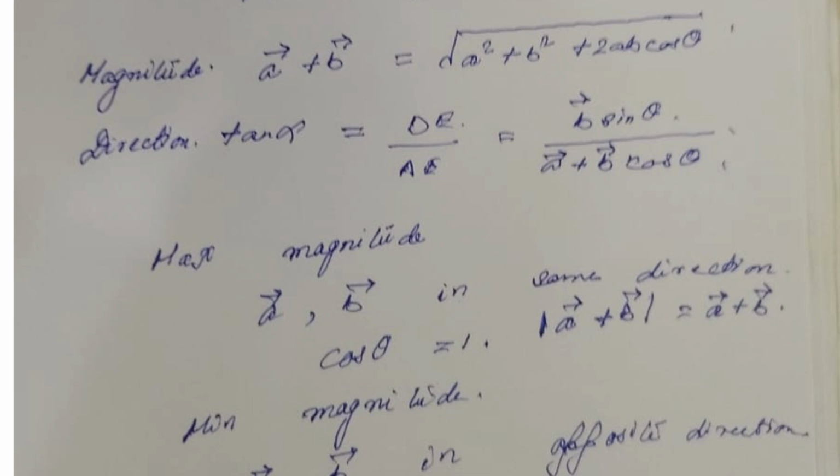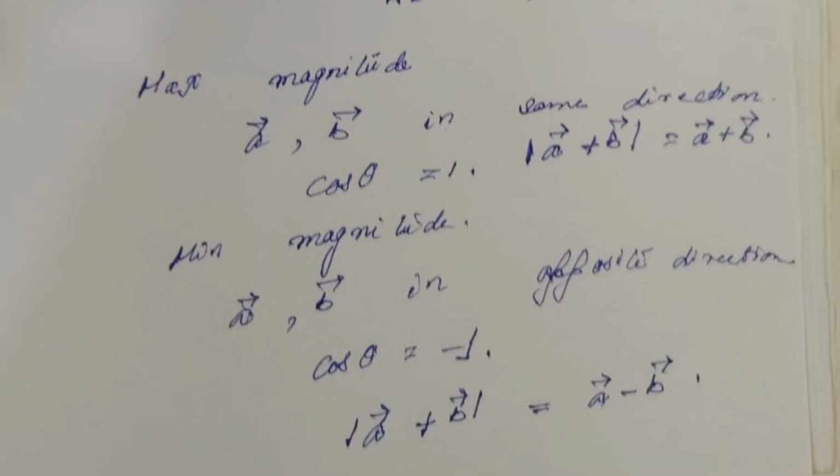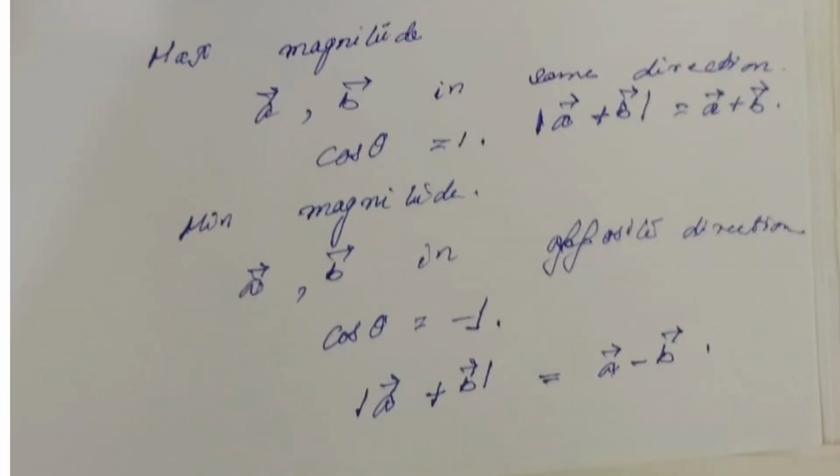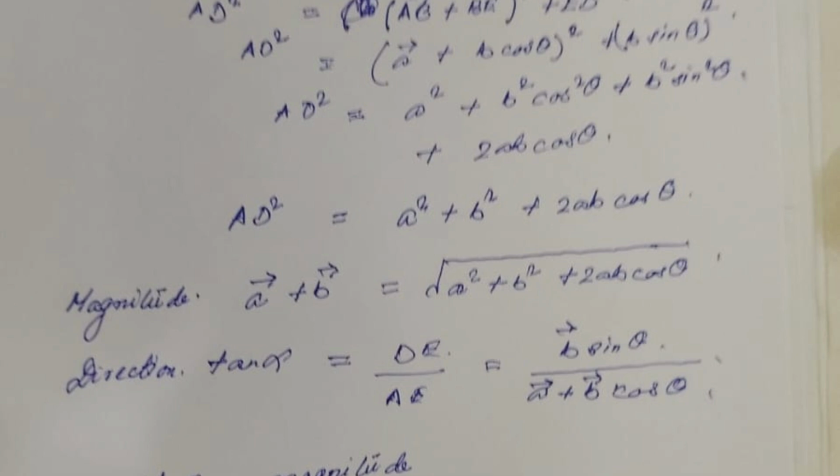The direction, which is why we are studying this chapter, is the tan alpha. That tan alpha is actually given in that thing, that is actually BE by AE. The maximum magnitude that we have is when they add up in the same direction. That is A plus B is equal to A plus B in the same, and the minimum magnitude is when